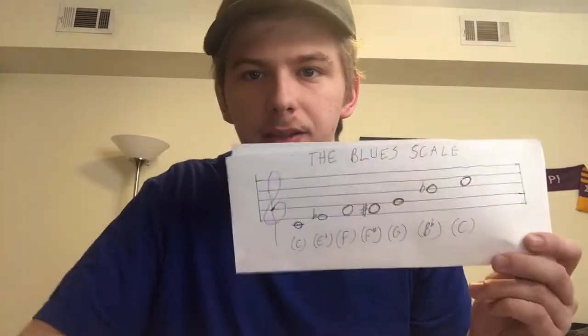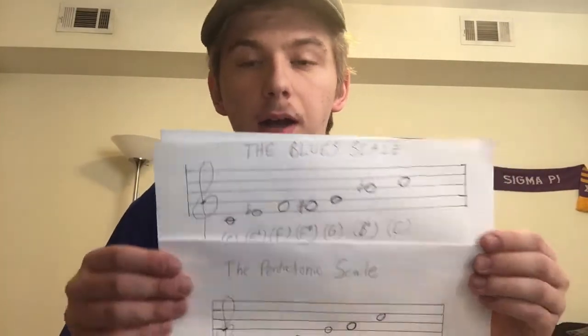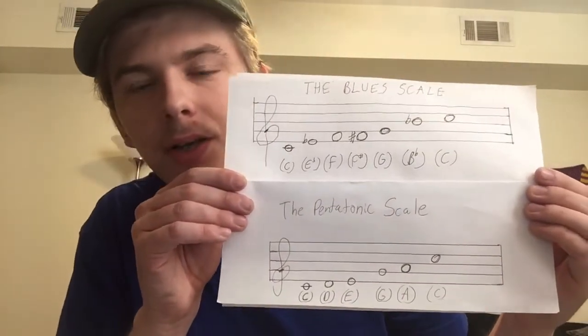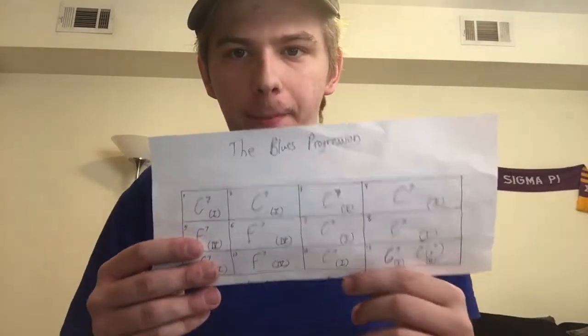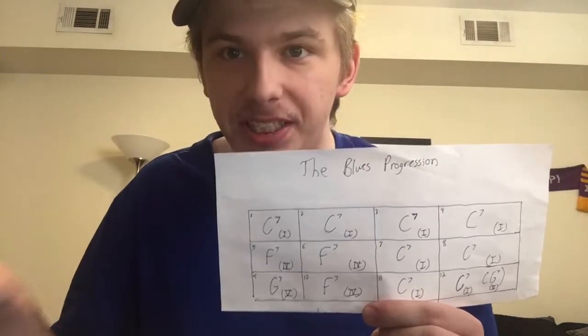It's like these are words, and you use these words to make different sentences, just like when you're talking. So I'm teaching you some different words that you can use to make some sentences that will make people go, yeah, man. So the pentatonic scale, as opposed to the blues scale, is different because